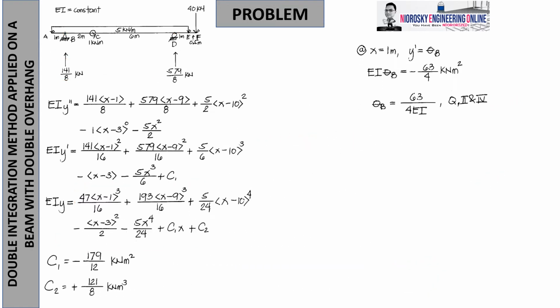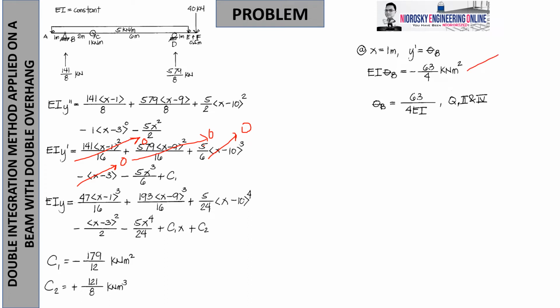Now, when x is 1, we will call y prime theta B. Then, you just plug in the value of x is 1 to the possible equations that will exist. Again, x minus 9 is 0, x minus 10 is 0, x minus 3 is 0, and of course, don't forget x minus 1 is 0 if x is 1. So therefore, as you plug the values at x is 1, then you will get negative 63 over 4 kilonewton